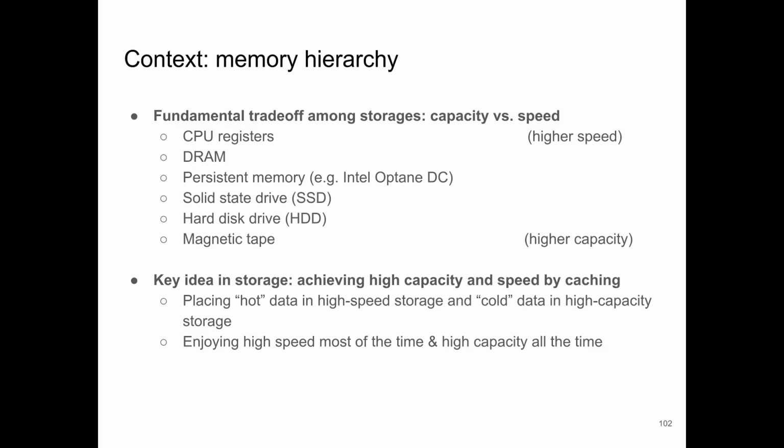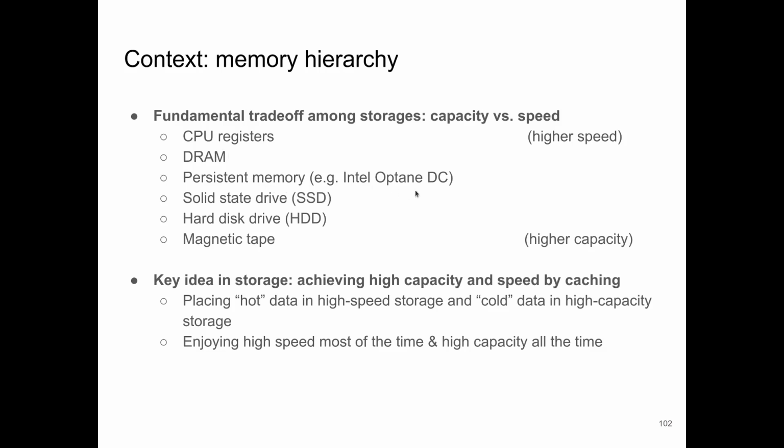So I'm going to start with a brief summary of the context, which is memory hierarchy. As many of you already learned from previous courses like systems programming, operating systems, or architectures, there is a fundamental trade-off among storages, that is capacity or density versus speed, throughput, or latency. There are a bunch of classes of storages, including CPU registers, DRAM, the emerging storage of persistent memory, like